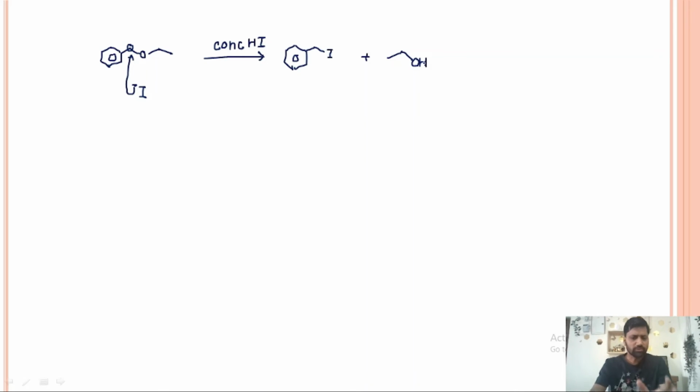So in this way, these four cases you will find very useful in most of the cases, but in some cases, if the examiner wants to give you a difficult question, wants to check your hold on the concepts, then you can encounter this kind of questions as well. You will have to keep these things in mind while forming the product in ethers. One more thing for ethers,